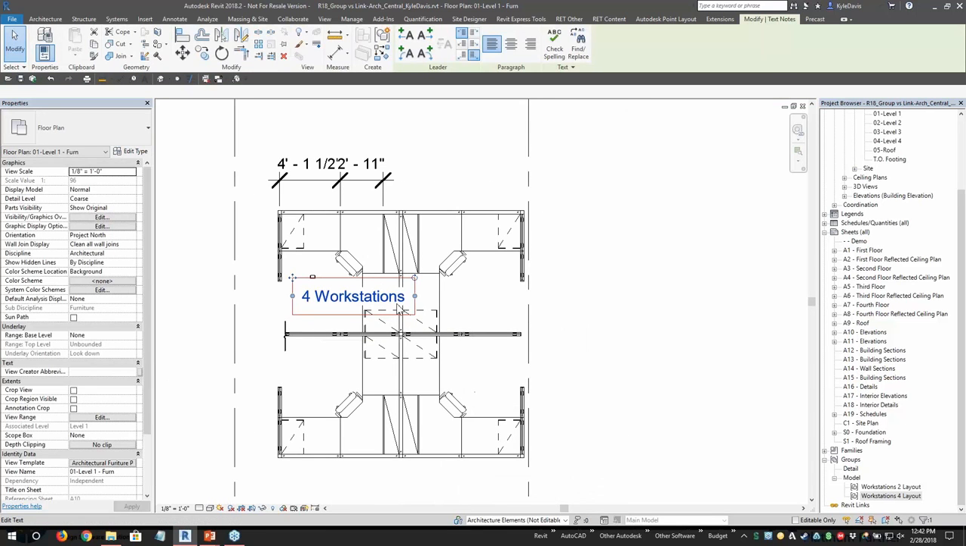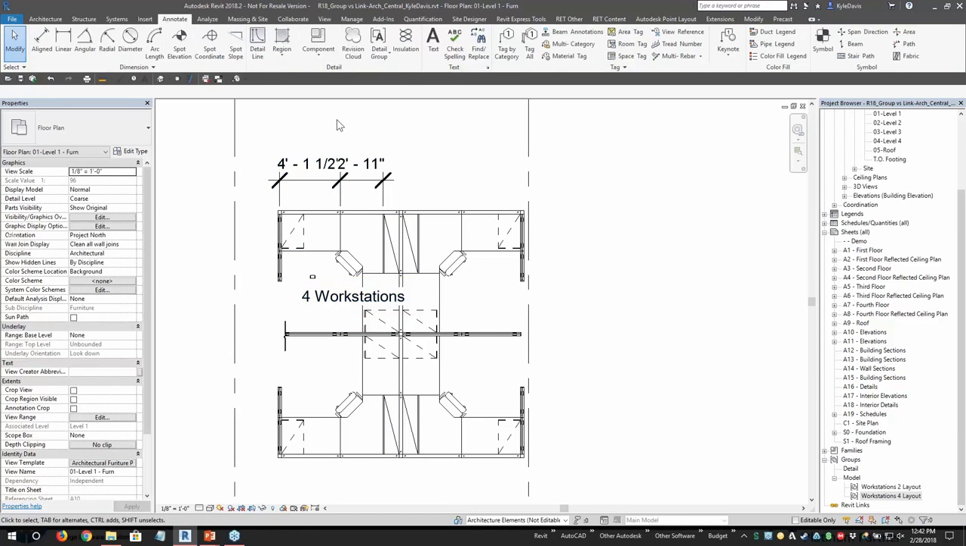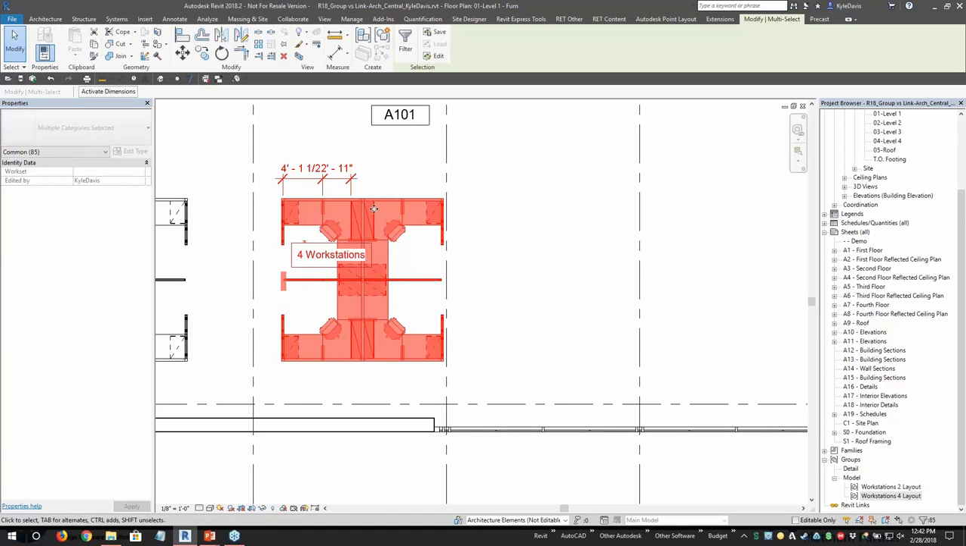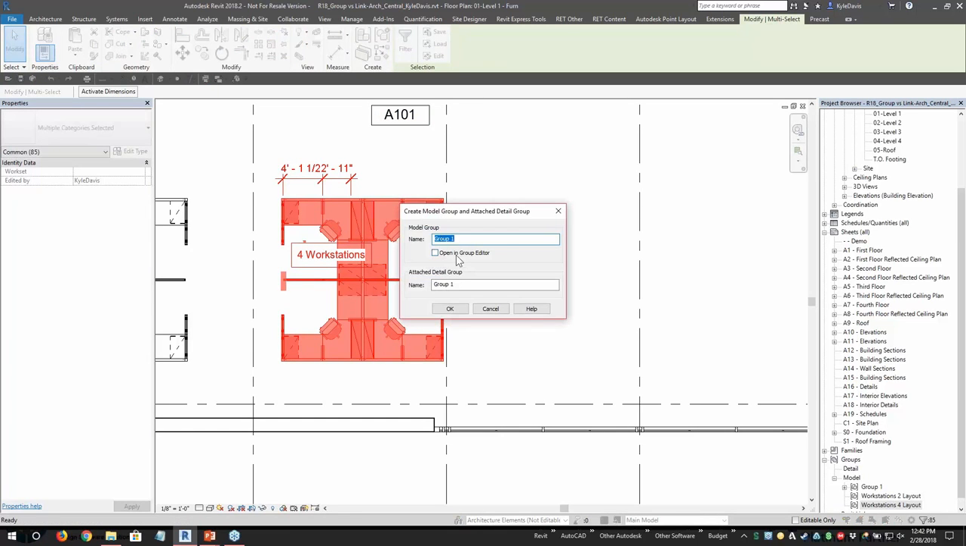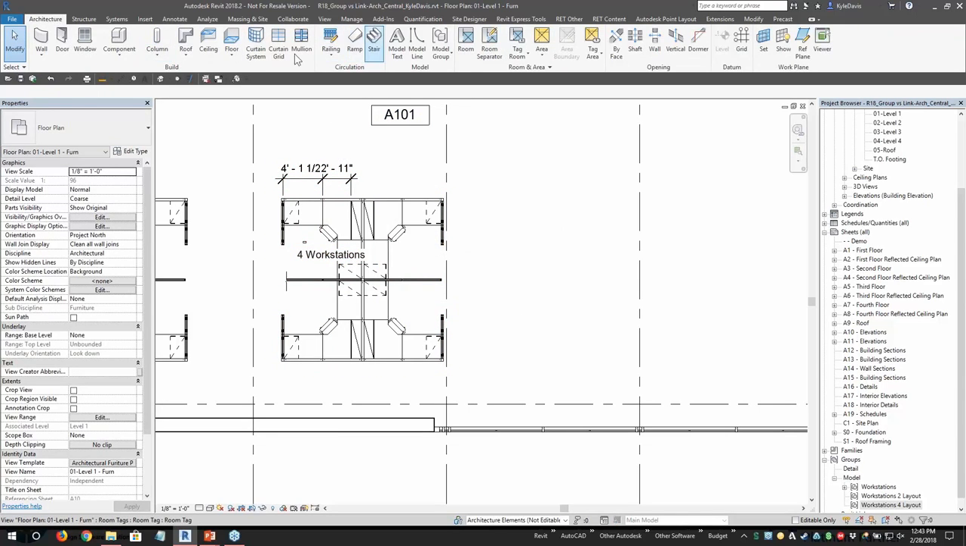And then I want to be able to use this exact same thing elsewhere, these same layouts. So if I wanted to, I can select this entire element, including those details, and when I create a group, then in here there's the model group, and then there's the attached detail group. What this will do is now I have two groups, a detail group and a model group, that are tied to one another. So if I place this model group again later in the project,